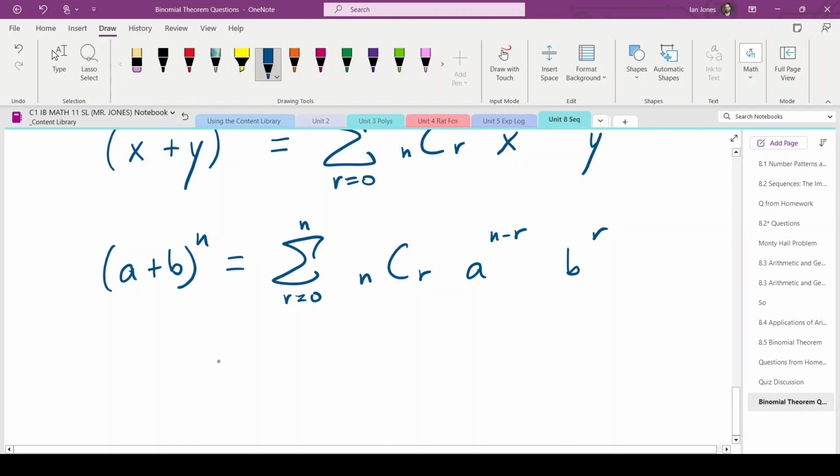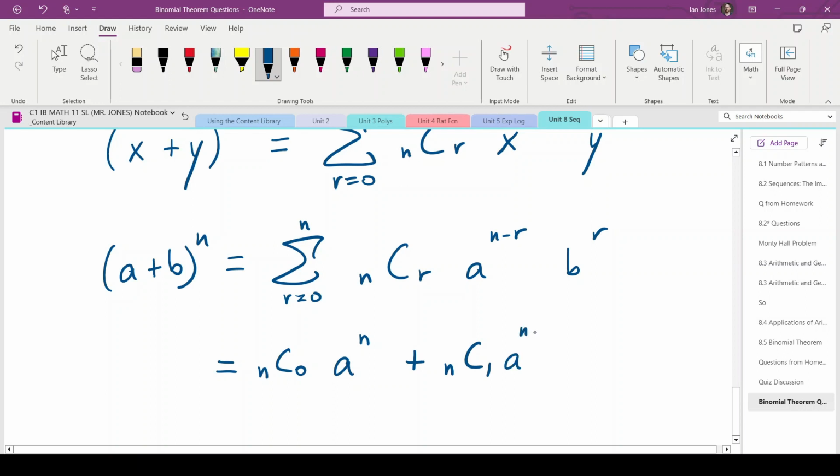Now, this is the same as n choose 0, which is going to be 1, no matter what n is. It's the first element of a row of Pascal's triangle. a to the n minus 0, which is just a to the n. b to the 0, which is 1, so I don't need to write it. Plus n choose 1,